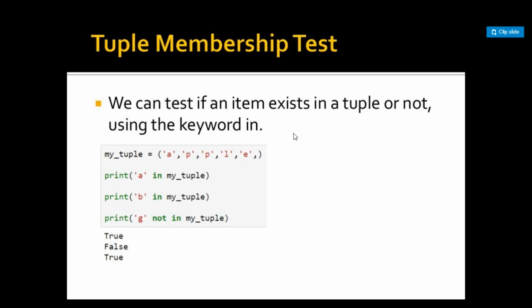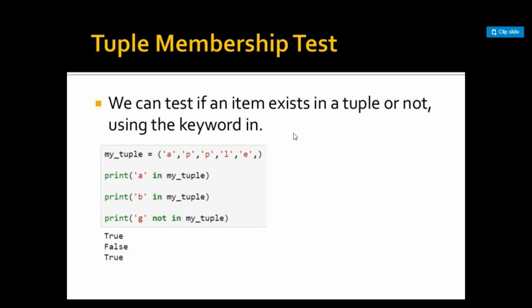Here we can test if an item exists in a tuple, testing the condition. It is like asking whether your father is available in your house or not. You just say yes or no, only 2 options.